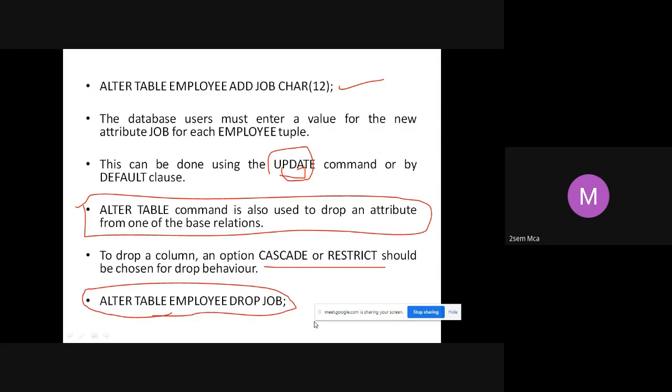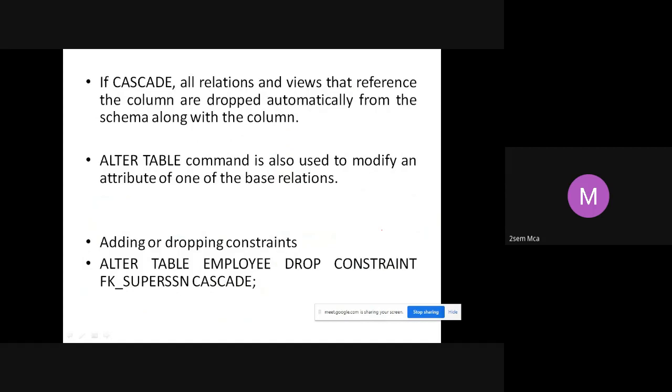There are two options that you can use: one is cascade and one is restrict. If you want to drop a column, what do they do? In cascade, all relations referencing that column are also dropped. If you have other tables which are referencing that particular column, they will also get dropped. That is what cascade means. Whereas restrict means it will not do that.